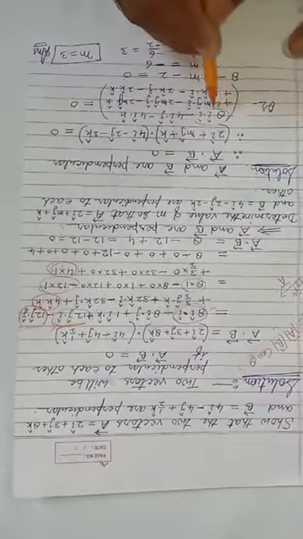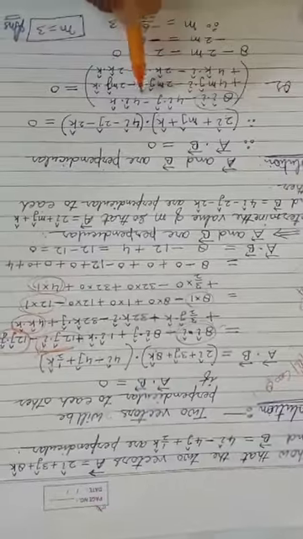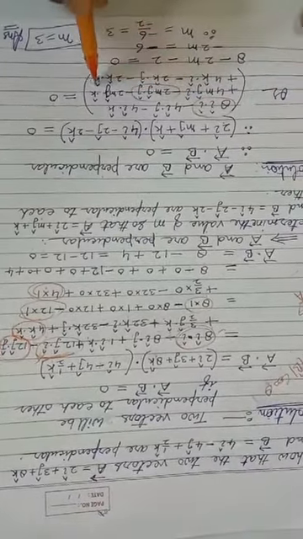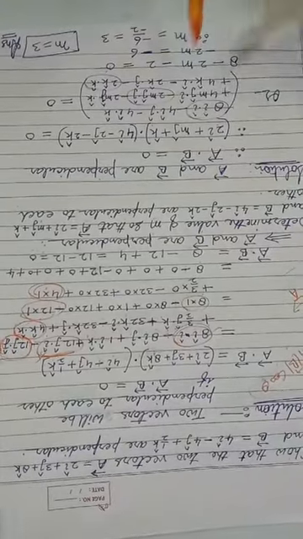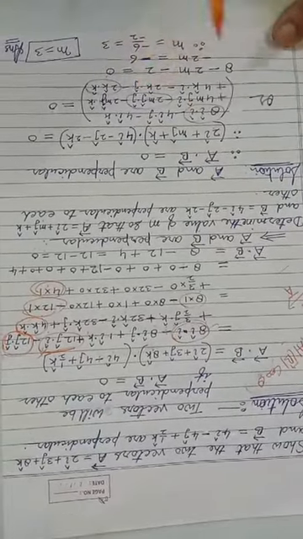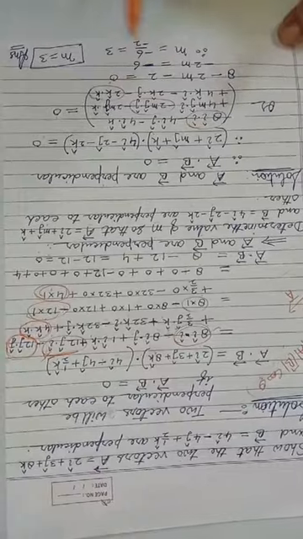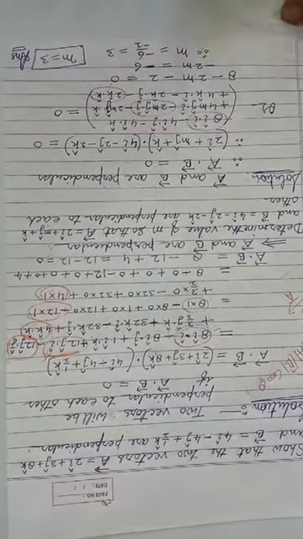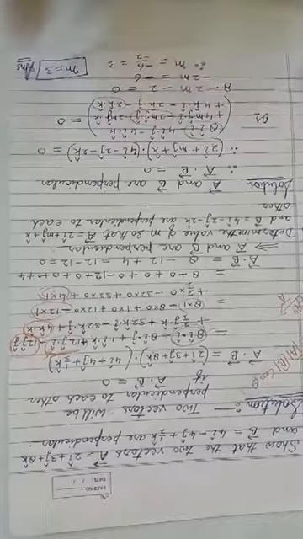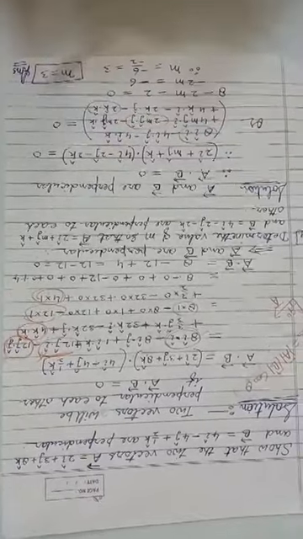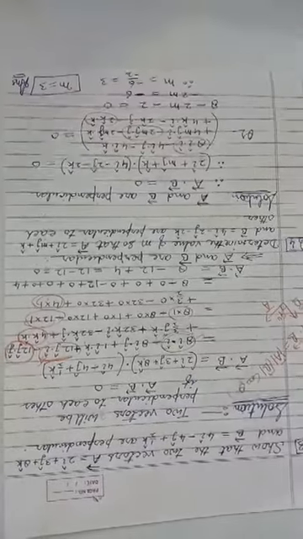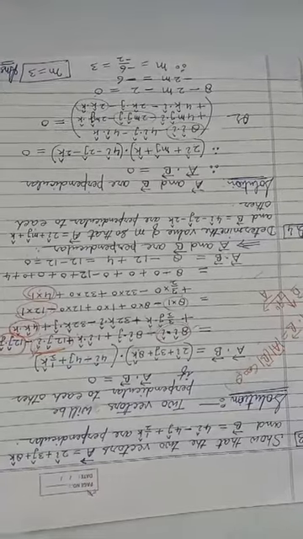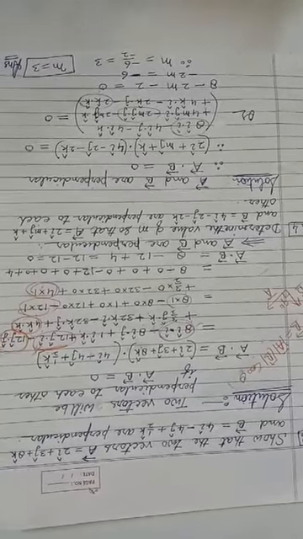That is this one, i will not be 0, the one with j will not be 0, the one with k will not be 0, and the rest will become 0. That is i dot i is 1, j dot j is 1, k dot k is 1. How it comes? We have already studied it. If any one of you is not able to understand how it comes equal to 1, I will explain him individually if he asks me. So call me on my WhatsApp. I will explain how it comes equal to 1.